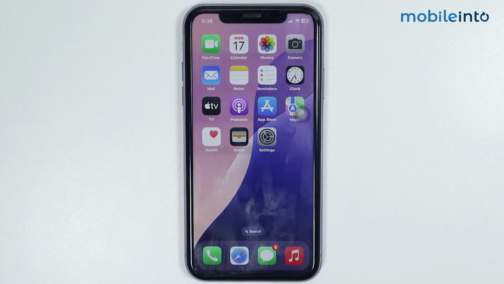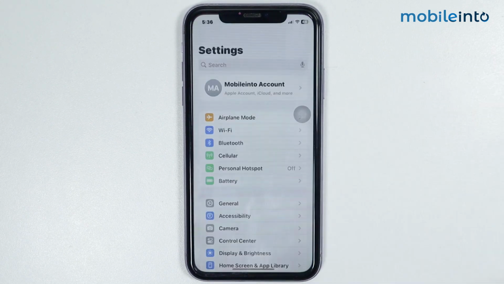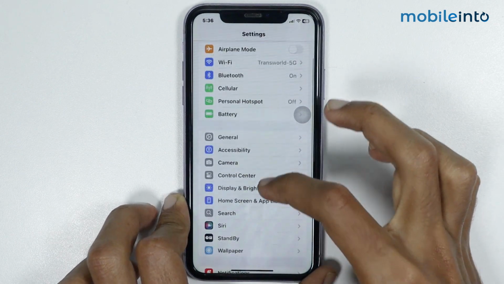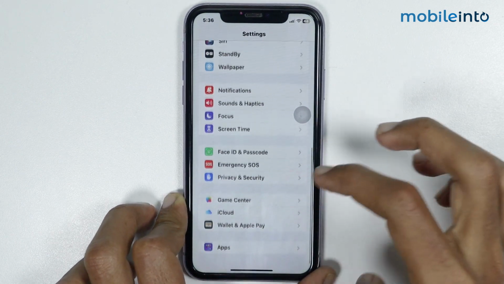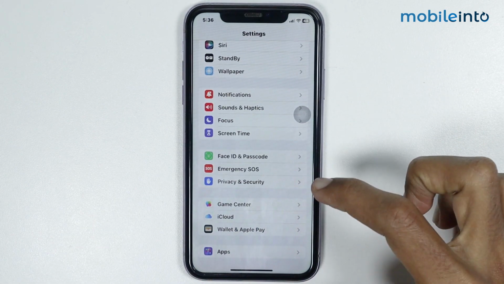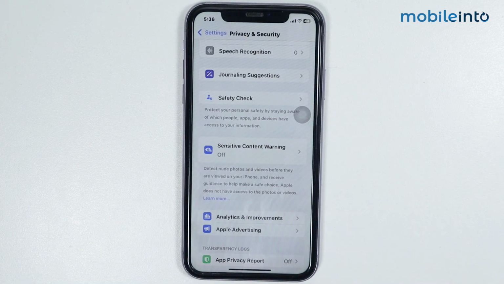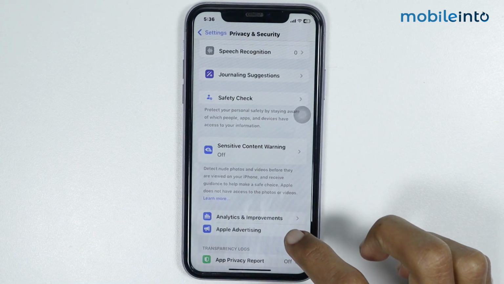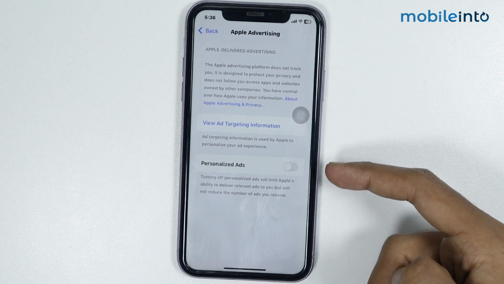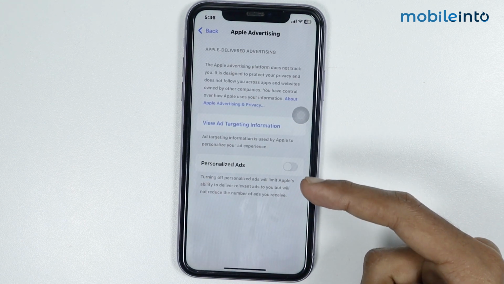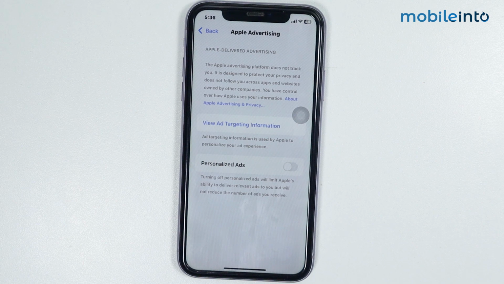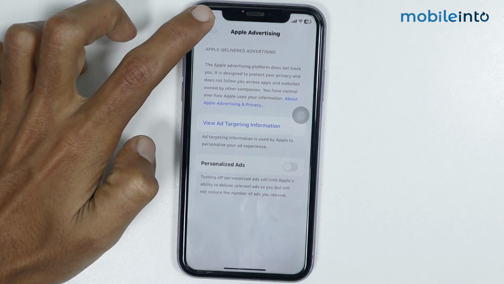Now, to block ads on your iPhone 11, just open the Settings app. Now from here, scroll down and tap on Privacy and Security. Now from here, scroll down. Now from here, tap on Apple Advertising. Now from here, make sure you disable personalized ads. Now from here, just go back